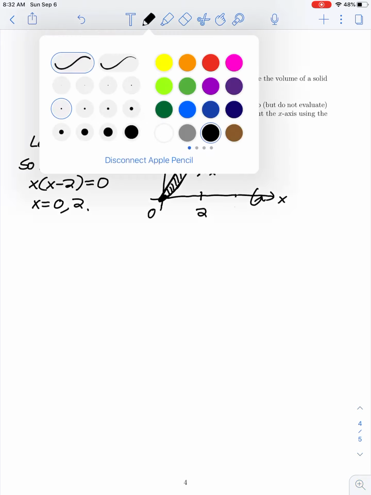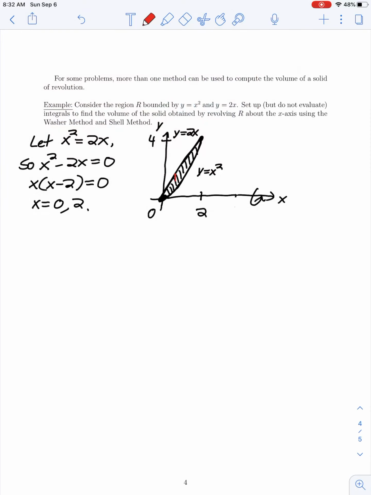So let's take a look at this. If I were to slice this region into little vertical slices, taken at a distance x, somewhere between 0 and 2 along the x-axis, of a thin width dx, well, I can see when I revolve this vertical strip about the horizontal line y equals 0, or the x-axis, that I would have a washer shape. So I'll start by saying, using the washer method,